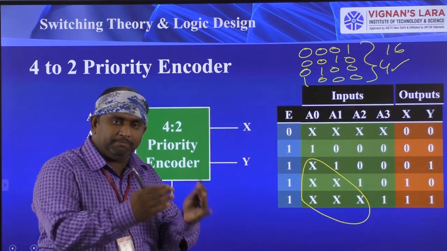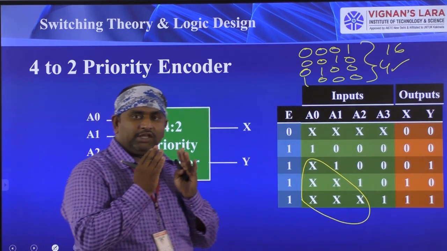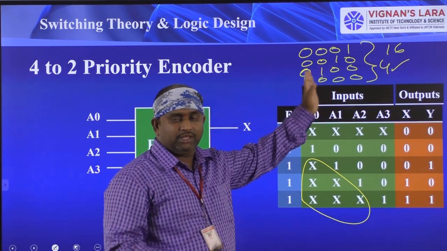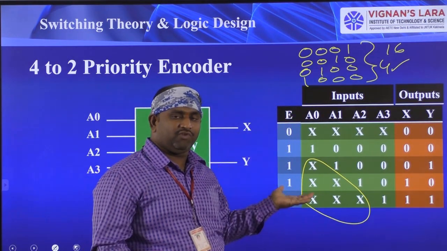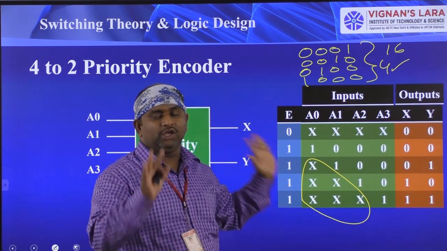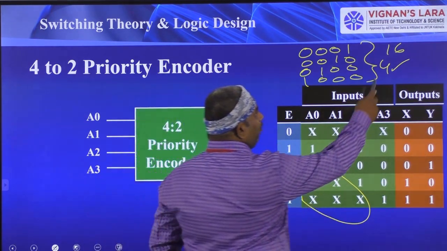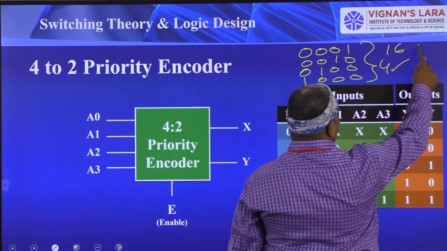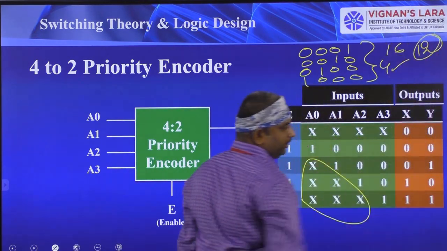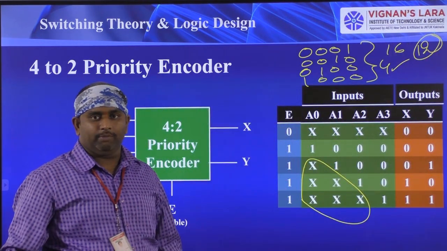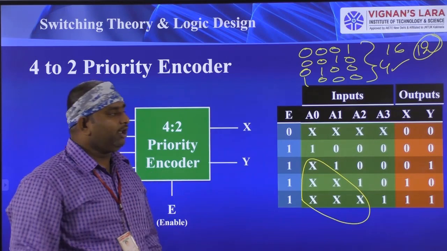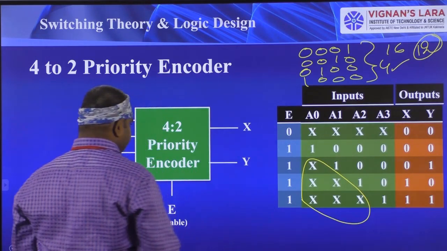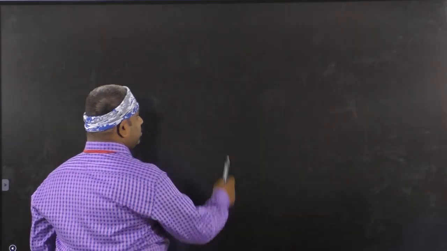Total 16 combinations, I have chosen only 4 combinations. But that is a machine. We can't say that it will take only these 4 combinations. Any type of information will be available at the input side. So out of the 16, if you remove the 4, you still have 12 combinations of inputs. So let us see those 12 combinations.